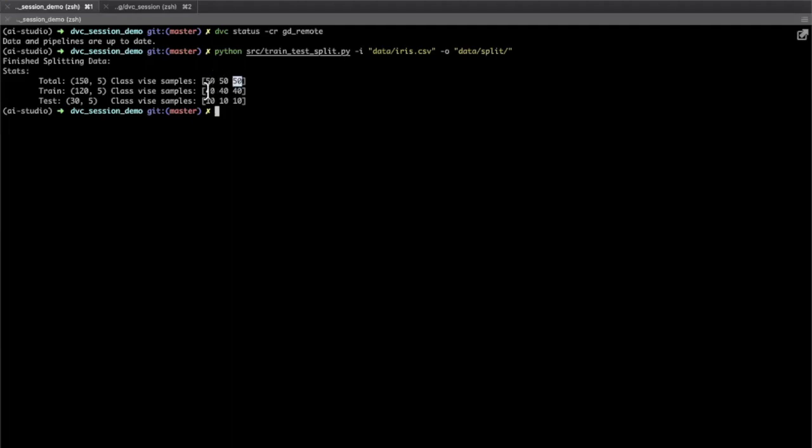To keep the balance between train and test set, we have used something called stratified sampling. Based on class weight, it makes sure that train and test set have equal weightage of all classes, in this case, 3 classes. So in the training set, you have 40, 40, 40, and in the test set, you have 10, 10, 10.